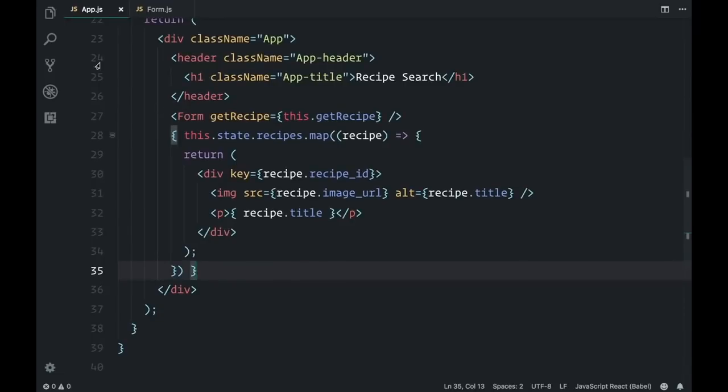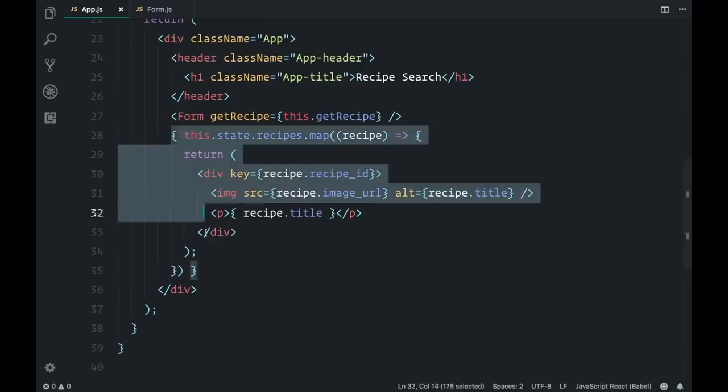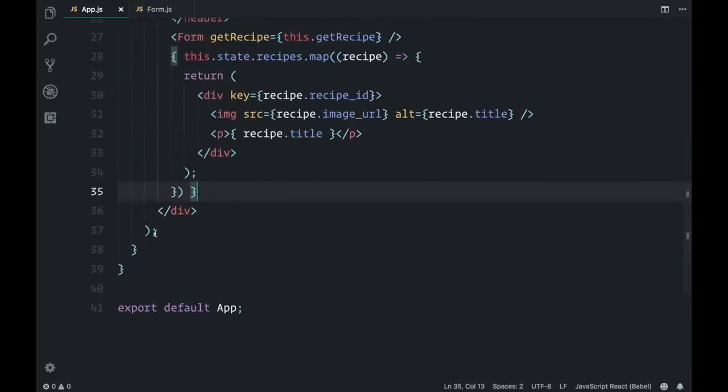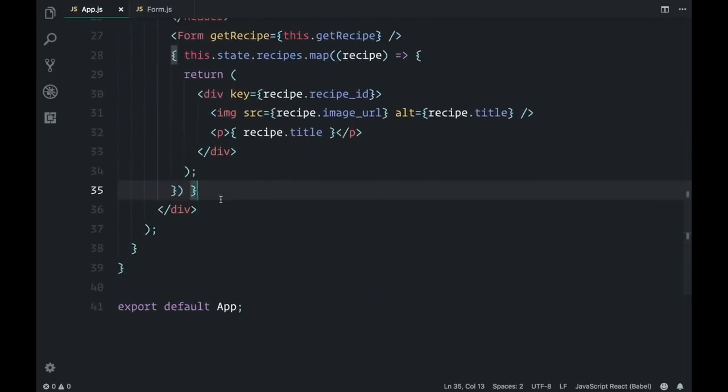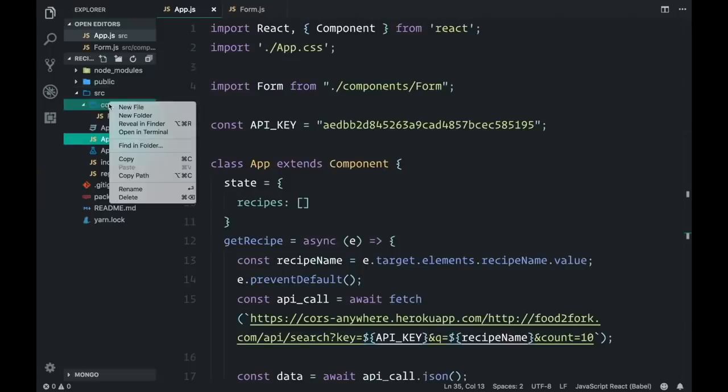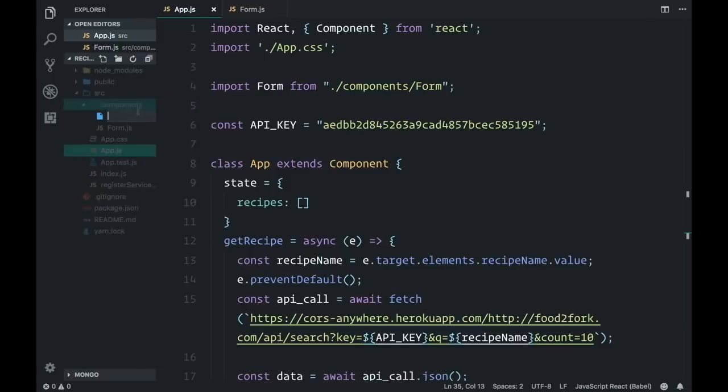But before we do that, let's take care of this piece of code right there. All we are doing there is mapping over this piece of state right there. But this is a bit messy. I mean, we don't want to do that in our app component. So to take care of that, let's just transfer this into its own component. So what I'm going to do is create a new component in the components folder, and I'm going to call it